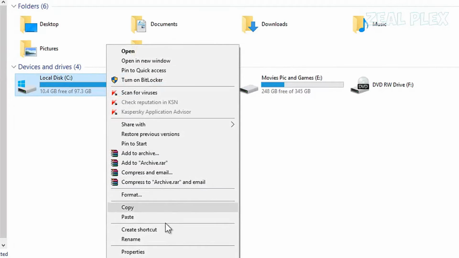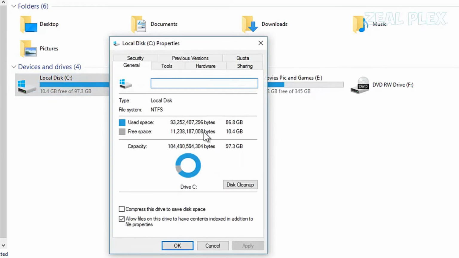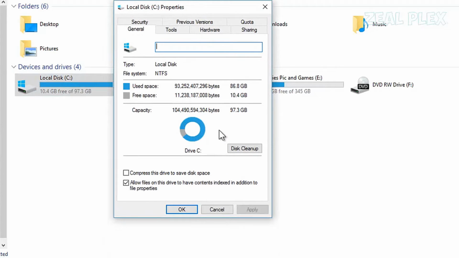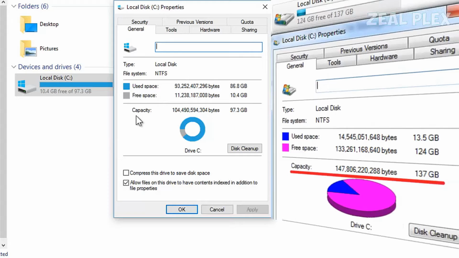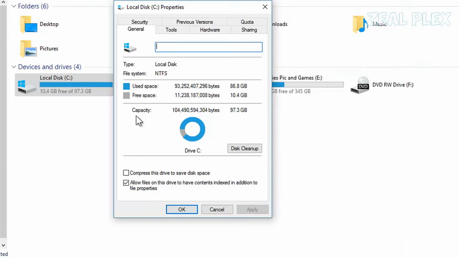So I'm going to click on properties. There you see that it gives you a pie diagram, where the used space is the blue one. If you're using Windows 7 or Windows 8, it might show you a different type of pie diagram, giving you pink and blue. Right now I'm using Windows 10, so it gives me the blue one,